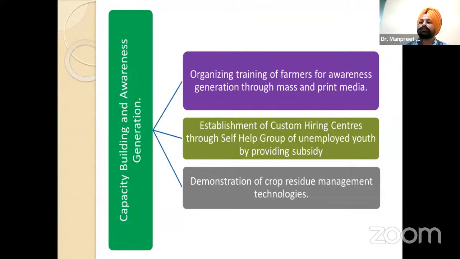तो लास्ट आ गया डेमोन्स्ट्रेशन ऑफ क्रॉप रेजिड्यू मैनेजमेंट टेक्नोलॉजीज। क्रॉप रेजिड्यू मैनेजमेंट की जो टेक्नोलॉजीज हैं उनकी डेमोन्स्ट्रेशन मस्ट है, क्योंकि कोई भी टेक्नोलॉजी बिना देखे या बिना प्रैक्टिस होते हुए उसको अडॉप्ट करना मुश्किल होता है। तो ये कर भी रहे हैं और आगे भी, और कहना बड़ा इजी होता है कि हाँ ये नहीं होगा, ऐसे कैसे हो जाएगा, अगर करना चाहो तो हो सकता है।